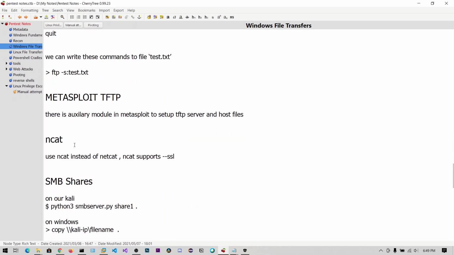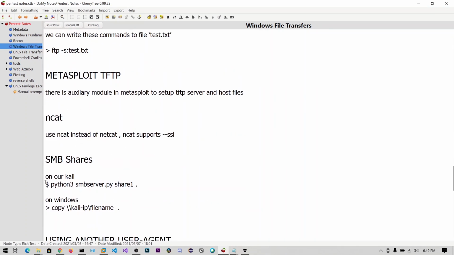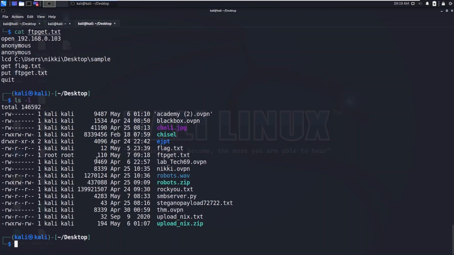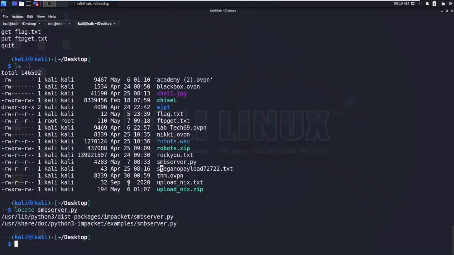So the next command, smbserver.py. Oh, this is a very easy one, very nice one. You need to download this smbserver.py. It's already in Kali Linux, in impacket.